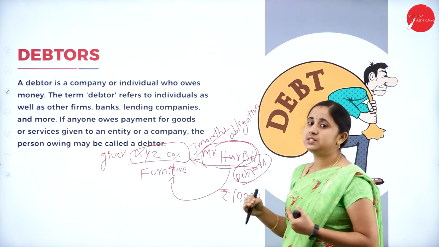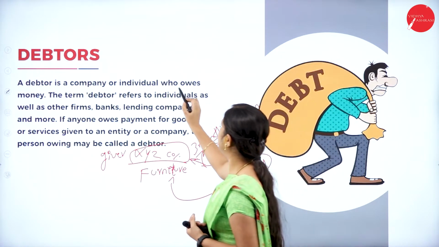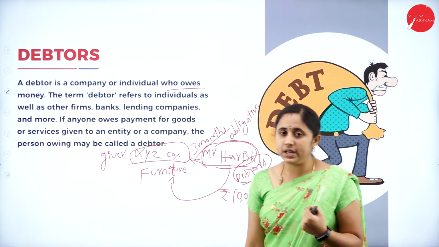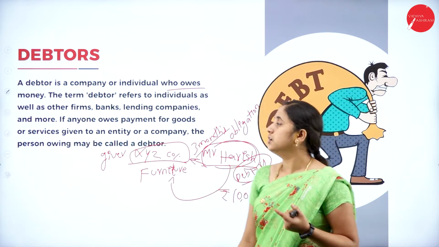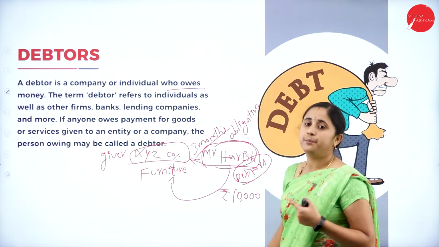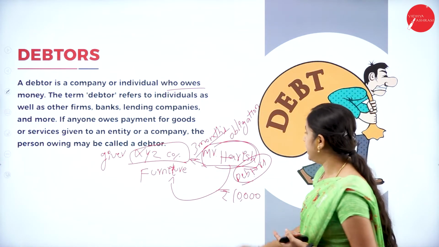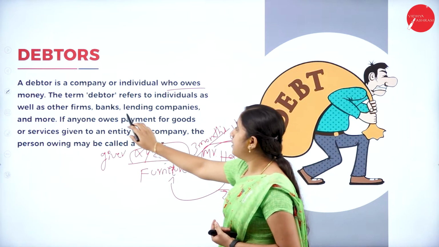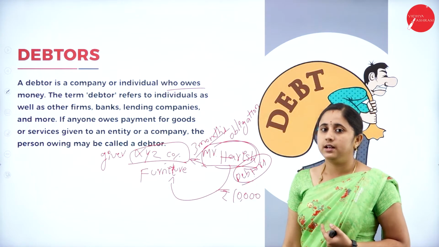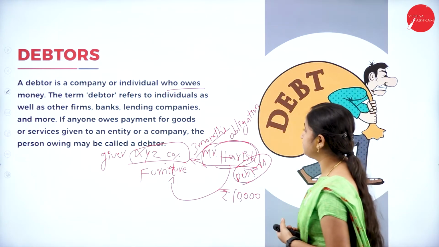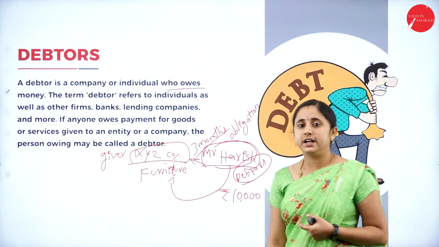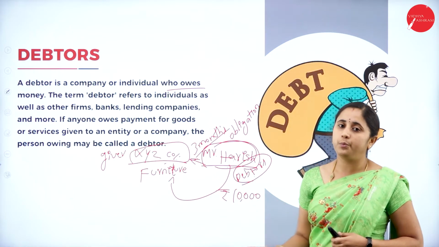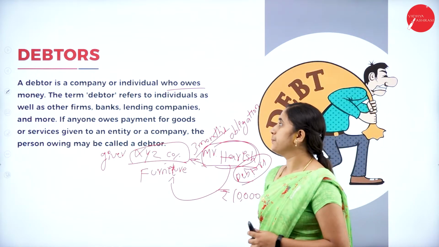So, debtor means owes. Owes means obligation. Who owes the money? Who takes the money or who has the obligation to pay the money? Here, Harish owes money to XYZ company. XYZ company is a lending company or firm. So, here he is treated as an asset for the XYZ company. Debtor means who has the obligation to repay the money. Next,